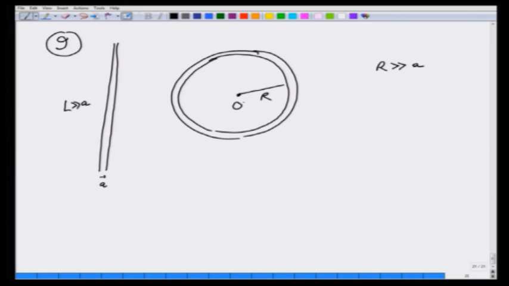So, this is the origin, and its axis being the z axis. So, z axis is coming out of the screen,